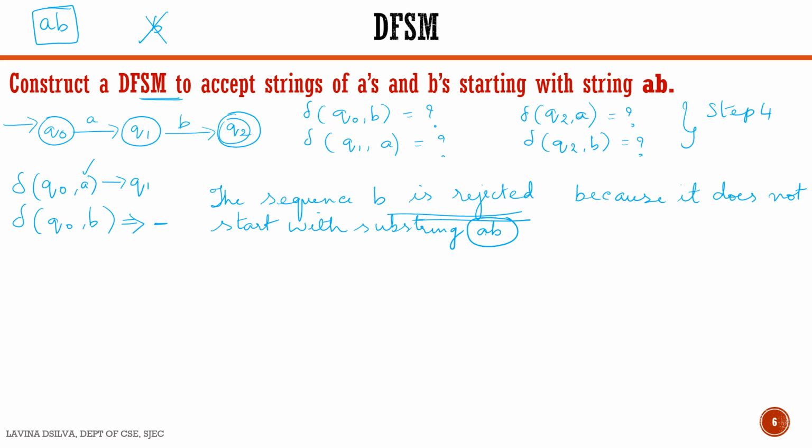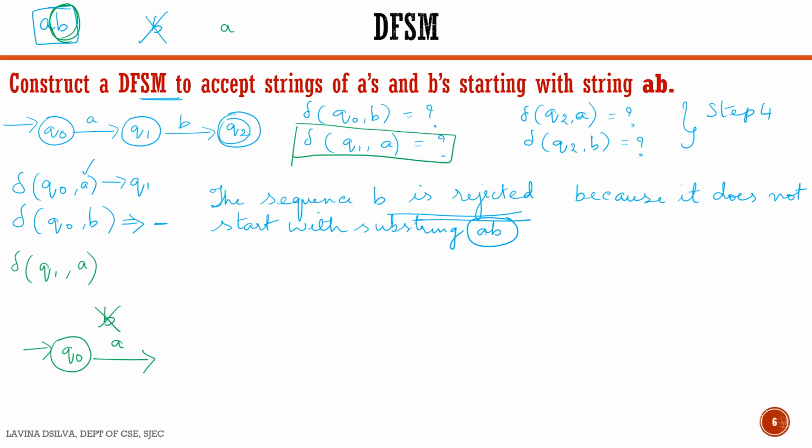Now going to the second transition, that is delta on state Q1 if we see an A. We know that Q1 is a state which receives the second input. So we know that it should be B. We can have only symbol B. We cannot have an A, right? Now we have already moved from state Q0. We can have a B, A, but we cannot have a B. And we have reached Q1 state.